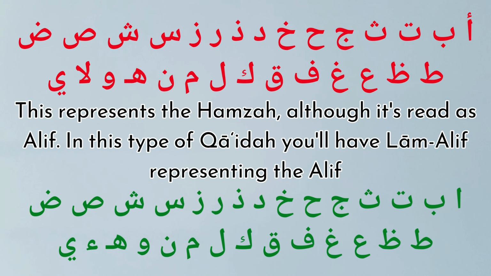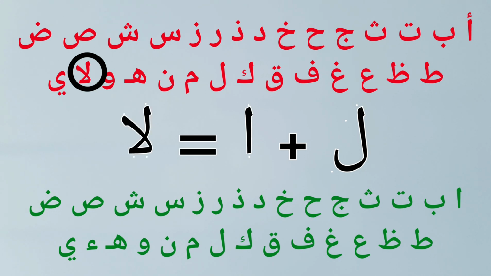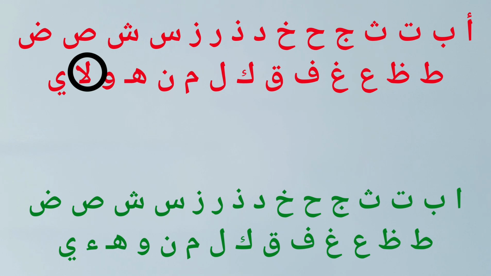Some of them start with an alif, which is just a straight line, the one that we've taken, and some of them start with an alif with a hamza on top. This is one difference. Some of them have lam alif. They have the addition of lam alif within the qaida. You might have come across mim, noon, waw, ha, hamza, or waw, lam alif, ya. Lam alif essentially is two separate letters, lam and alif. However, in these qa'idas which have lam alif, the reason they have lam alif there is to represent the